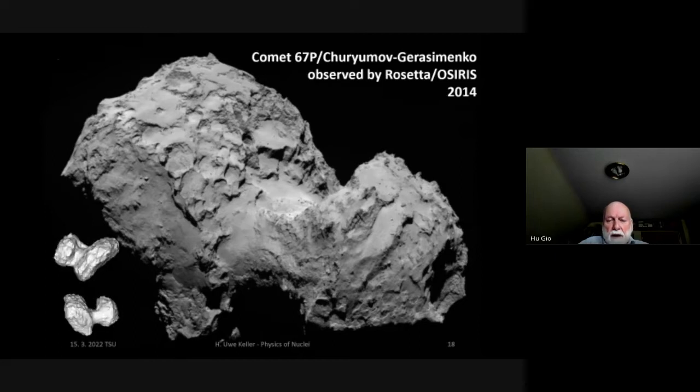The rotation axis comes out in the center and is very strongly oblique, 50 degrees oblique. And we saw the northern part, which is illuminated, while the comet is farther away from the sun. So in aphelion, we have northern summer. In perihelion, close to perihelion, we have southern summer.